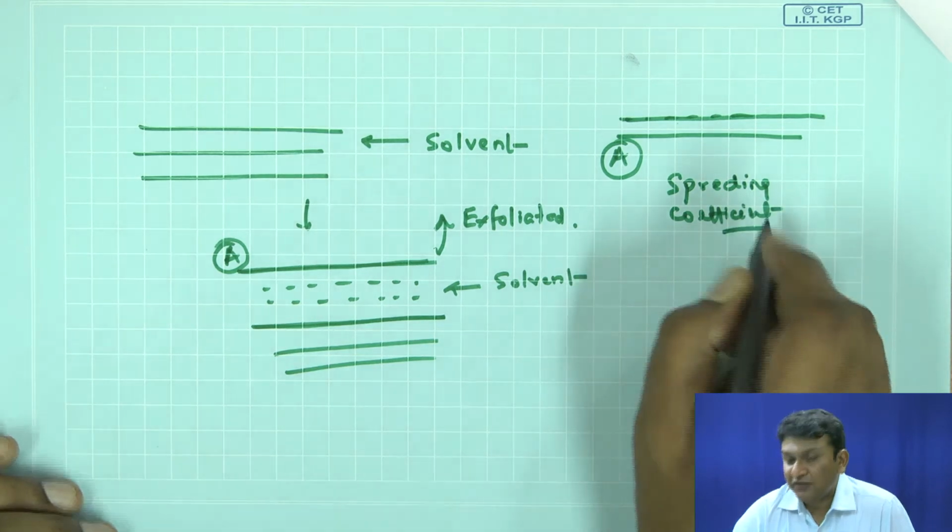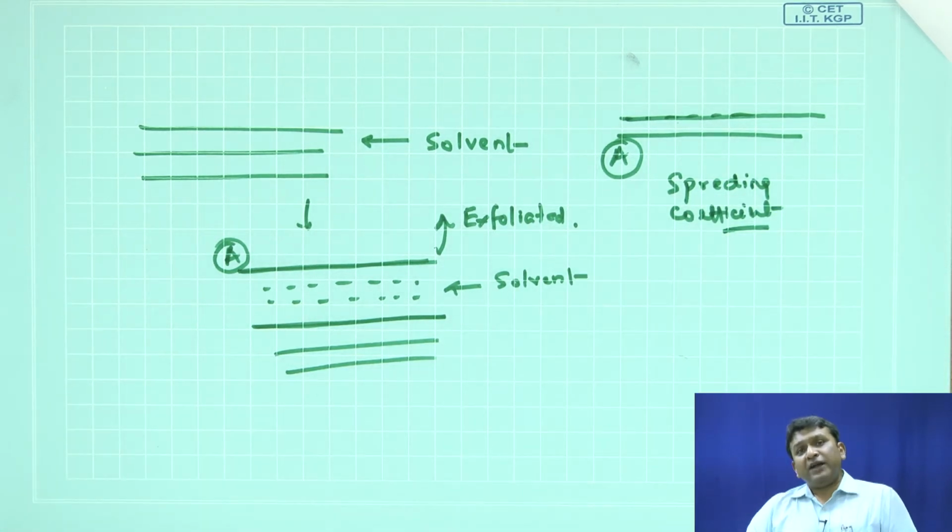So if you have a solvent that fails to wet the surface of the layered material you would like to exfoliate, you can do any amount of sonication, but then you are relying only on the mechanical forces for the detachment, which is not exfoliation. So exfoliation is preferred only when the solvent penetrates between the layers, and that is possible if the material under consideration is fully wetted by the solvent we are using.